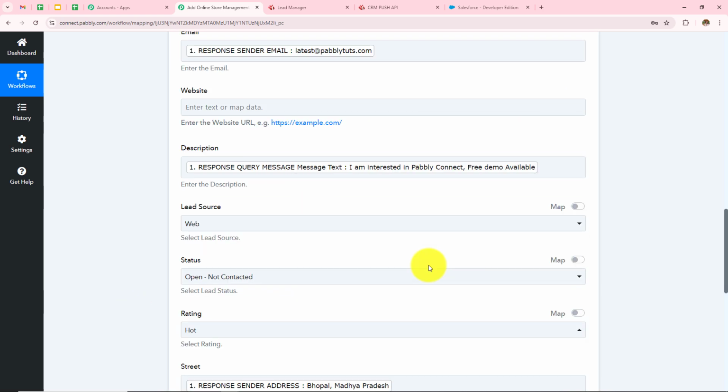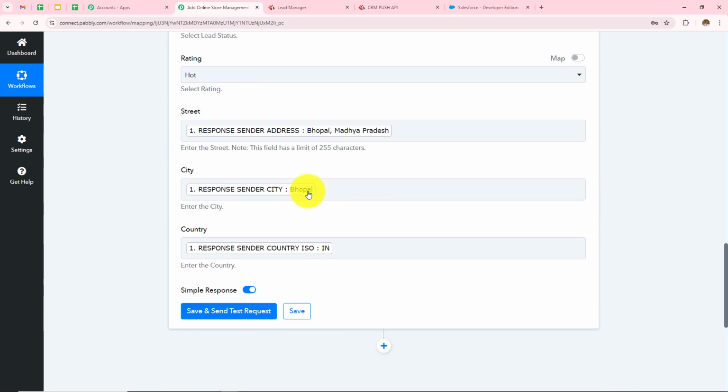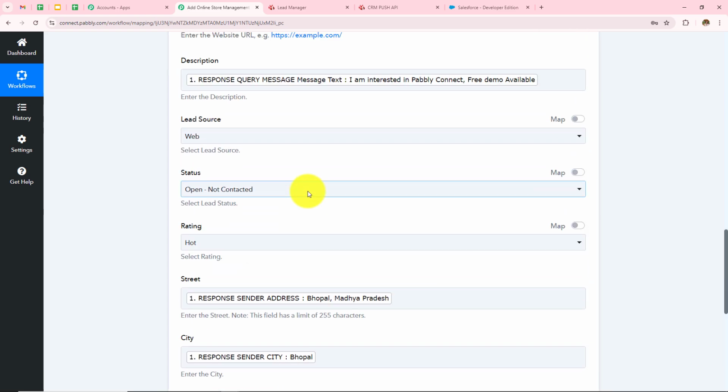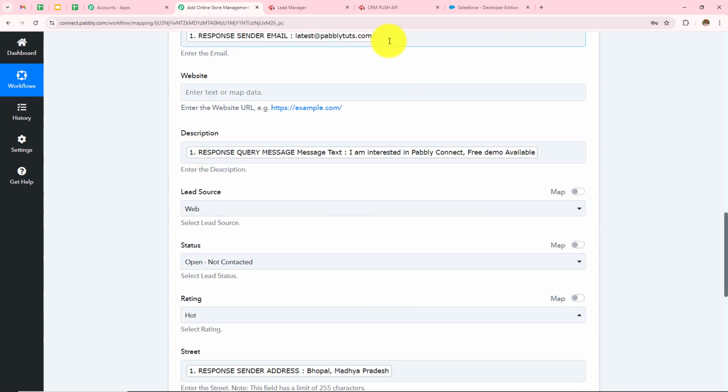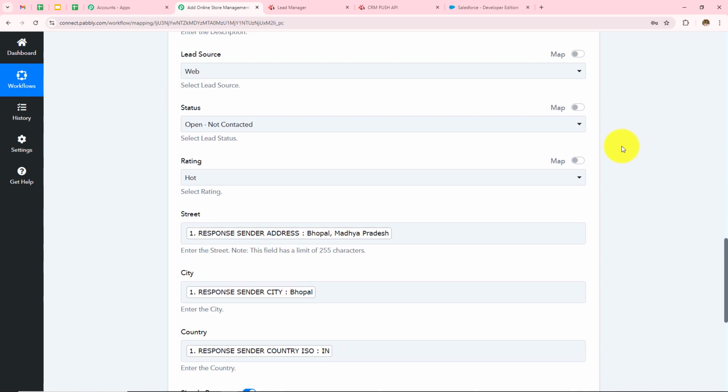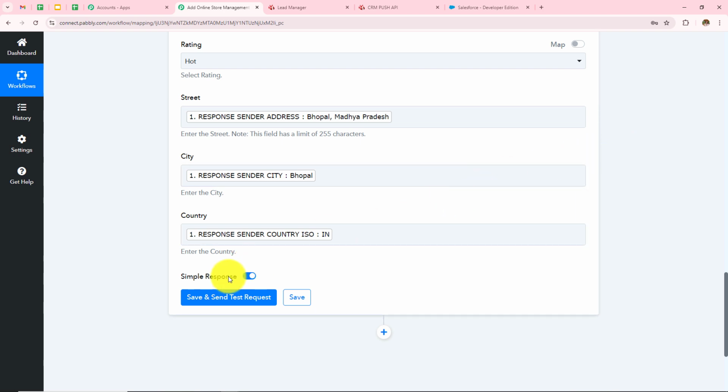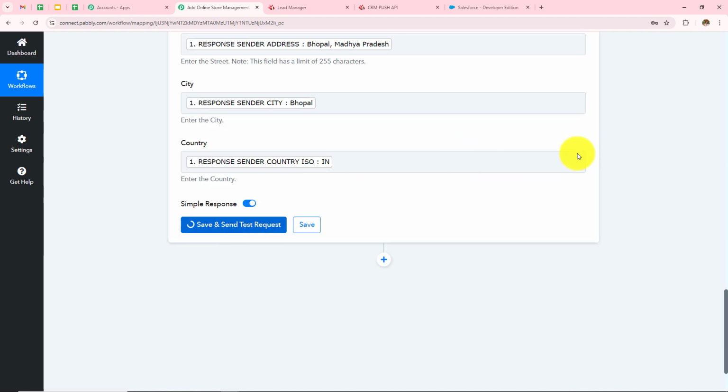So over here mapping is important so that every time we receive a new response, it is taken into consideration in these fields. Manually entering the data will make these fields static and the information will not change even if you have received a new response. Over here if I manually enter any data, this field will become static, and every time I receive a new response, the result will not change. So as to keep these fields dynamic, we use this process mapping. Now after entering all these details, I simply have to click on the save and send test request.